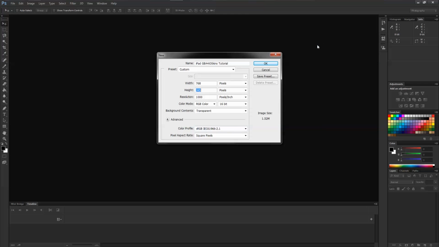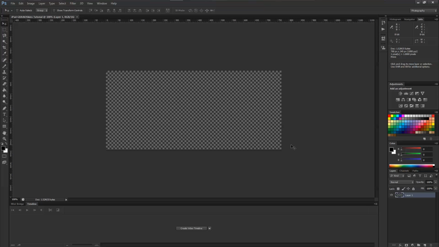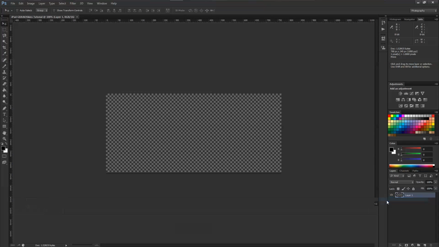Okay, so next, keep all of your settings the same. It really does not matter on resolution as well. Like I told you last time, your bit depth, I'm going to stay at 16-bit. If I go to 32-bit, I believe the transparent just automatically gets transferred to white. So I'm going to keep at 16-bit, and if you also notice, the image size may go up a little. Yeah, it almost doubles. So your best bet, keep it at 16, won't be an issue. So, that is the size of the iPad,